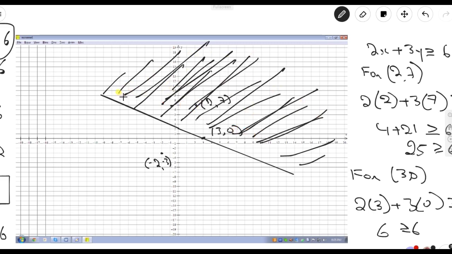Okay, so that's how you do it, including this line, because all the points which are lying on the line are also satisfying the inequality, because in the inequality you are having the equality attached with the greater than sign. That's why this is an inclusive inequality. Alright. And how you just represent your solution of